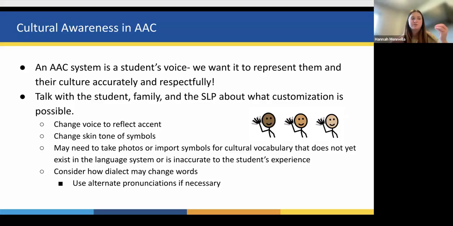So there'll be a couple options for Spanish voices, a couple options for English voices, a couple options for French, and so on. So you can pick which one the student likes best. I have one particular friend who is a middle schooler who loves his voice to be at the lowest, deepest pitch possible. That's his preference.